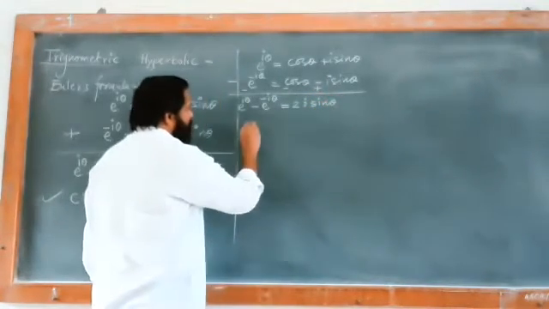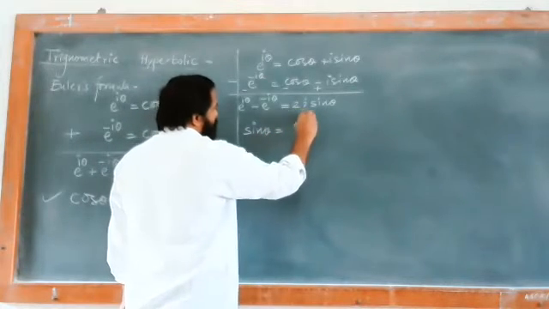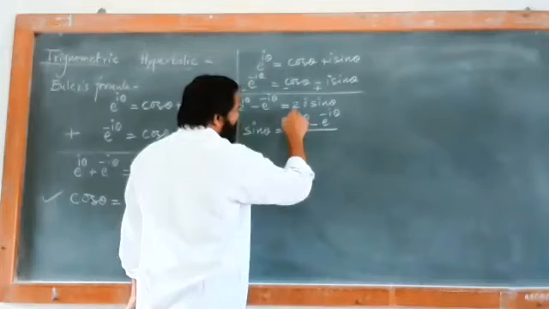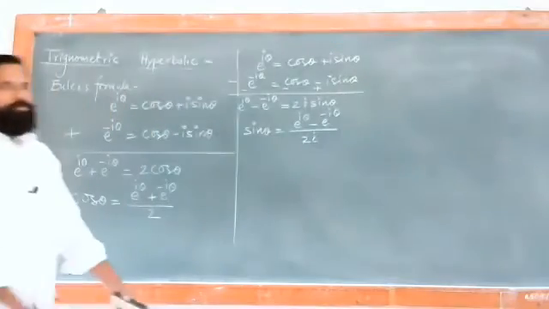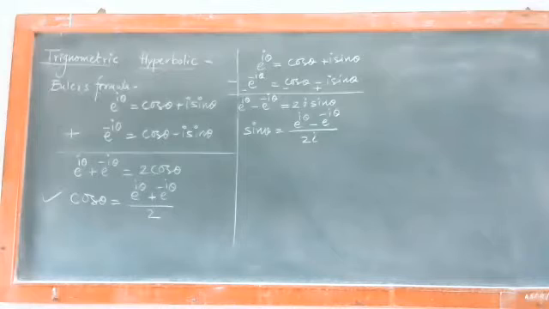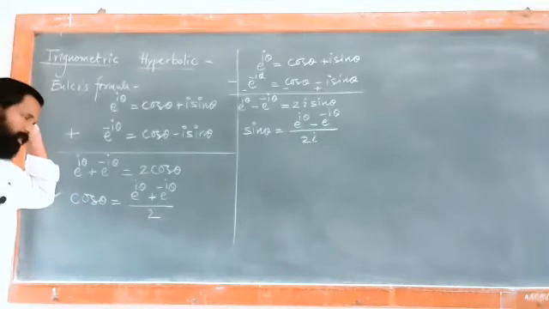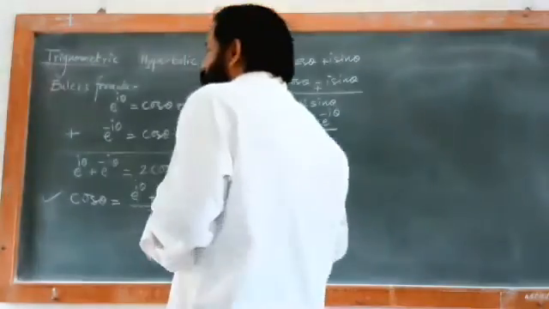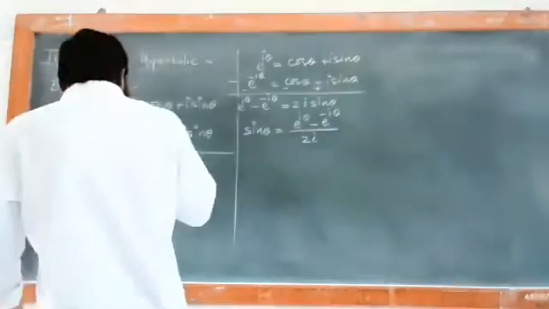So what is the value of sin theta? So sin theta is equal to e raised to I theta minus e raised to minus I theta divided by 2 into this I. Difference पहा दोघांमध्ये. cos theta ची व्हॅल्यू e raised to I theta plus e raised to minus I theta upon 2. sin theta ची व्हॅल्यू पहा e raised to I theta minus e raised to minus I theta upon twice I.